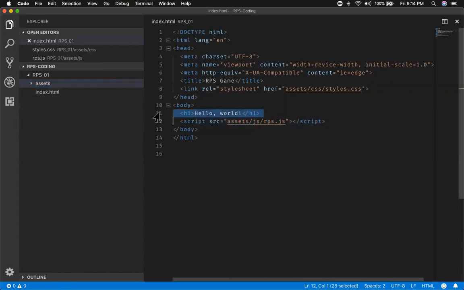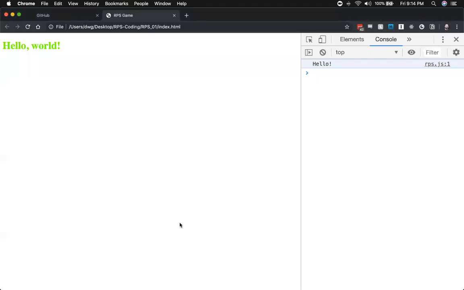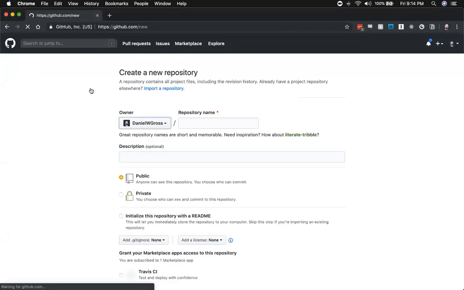So I think what I want to do at this point is, I think everything's saved. Yeah, I got nothing unsaved. So what I want to do is probably head over to GitHub and create a repository so I can start saving this code to GitHub. Let's close this for now. I'm going to make a new repository. I'm going to call this